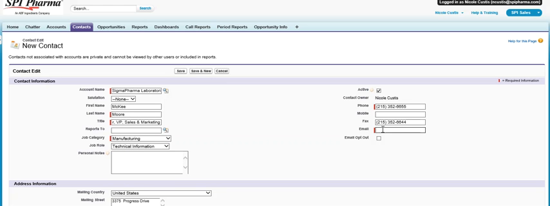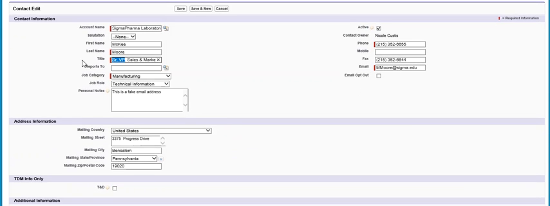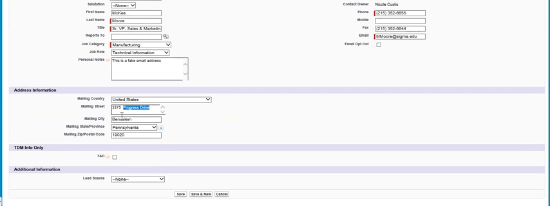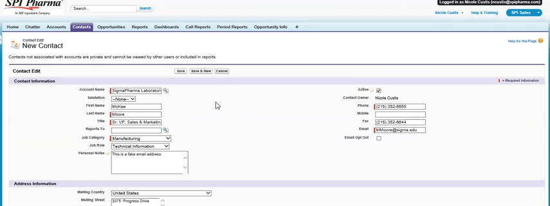And again, I'm going to make up the email address and say this is a fake. The address information carries over, but then again, if it is different, you would override that and type that in